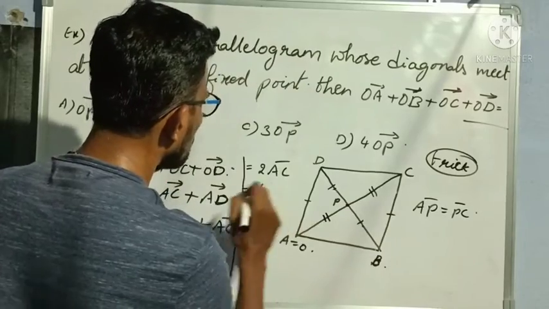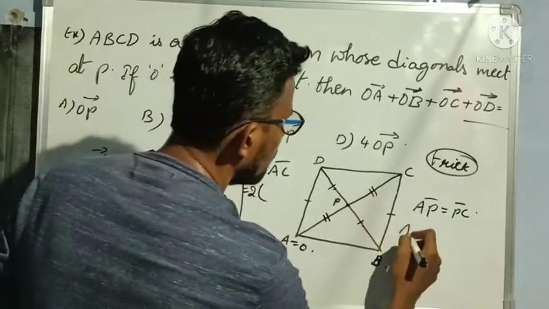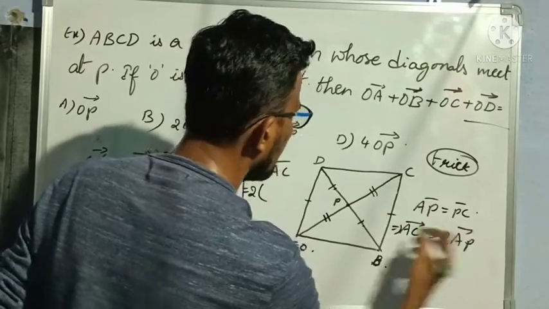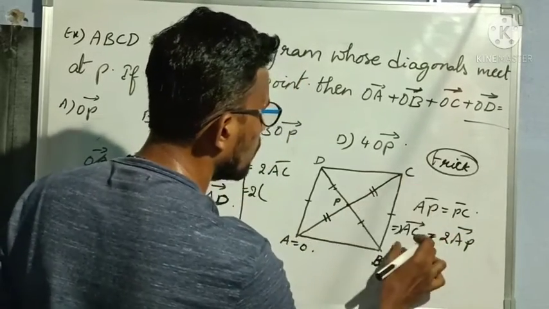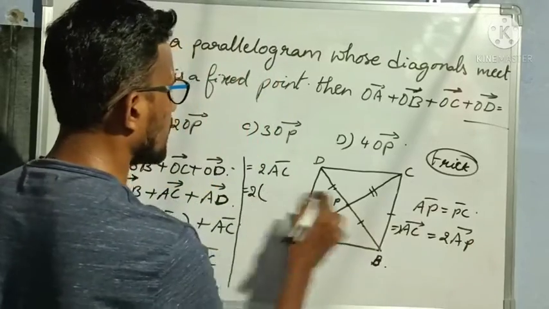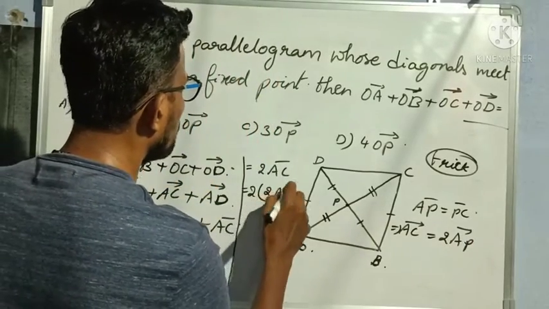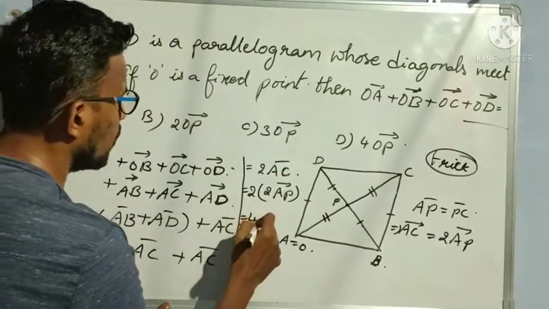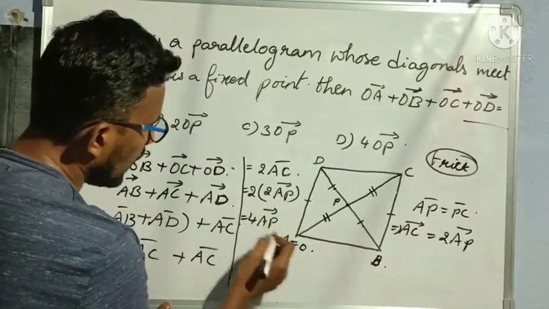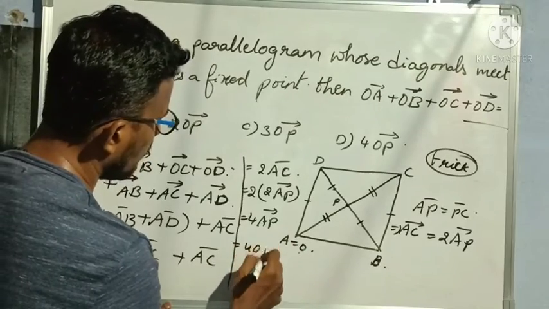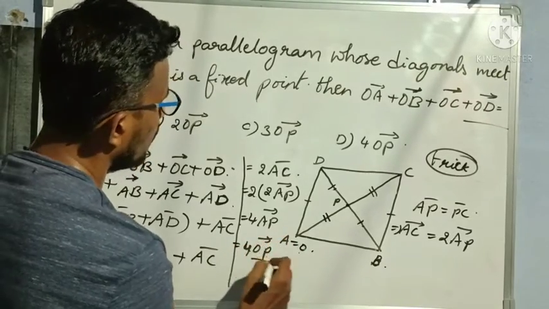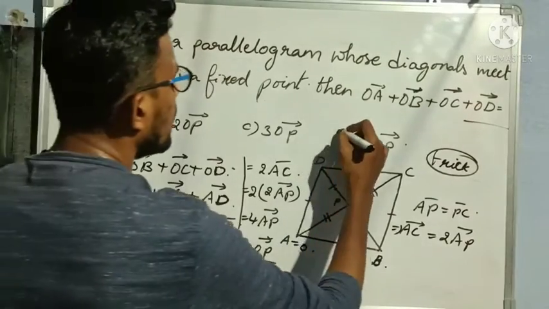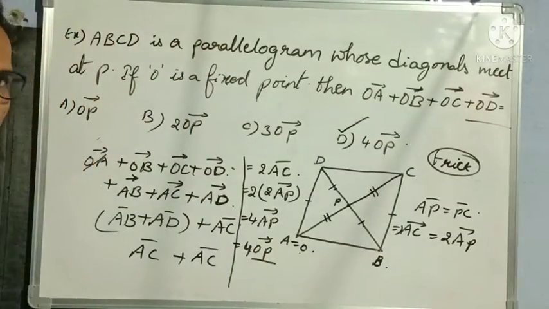So that is equal to 2 into AC. This implies AC is equal to 2 times of AP, correct? So if this is AP, this is also AP. So AC is equal to 2 times of AP. The same I am substituting here in the place of 2 times of AP. So that is equal to 2 into 2 is 4 AP. But A is equal to 1, so I am substituting, so that I will get 4 OP bar. Understood? So what is our answer? 4 OP bar is our answer.